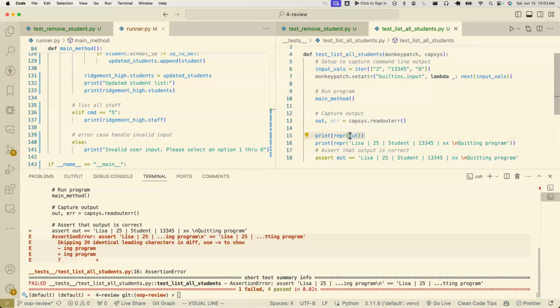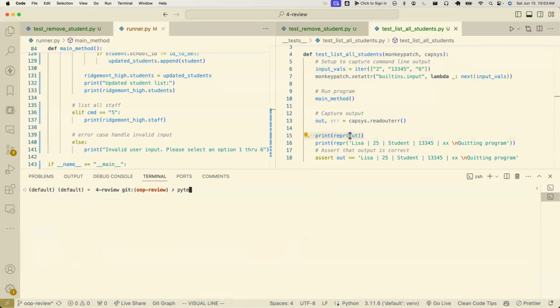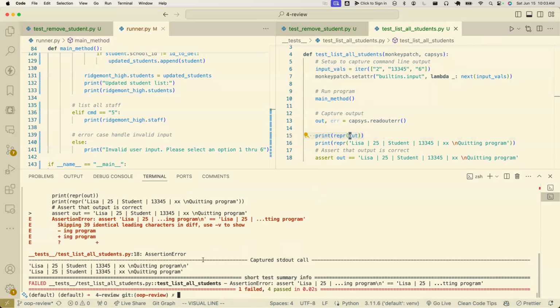And so now we should get repr, which will print out things like /n. So we'll get the complete string representation of each, and we can look at the difference between the two when we run PyTest again. And here is that first print repr statement of the actual output. And we can see here there's that /n at the end. And here is the second one of what I was expecting to see, but it wasn't there. And so in fact, if we add now the /n where it needs to be in